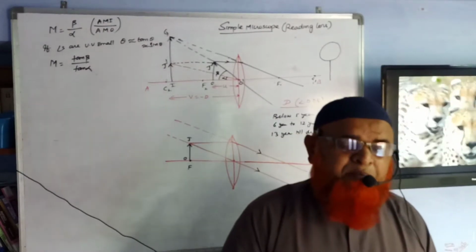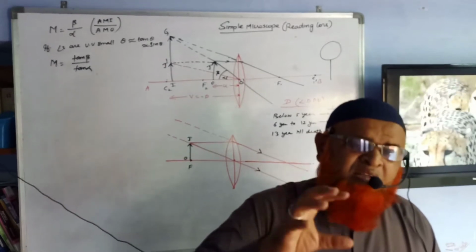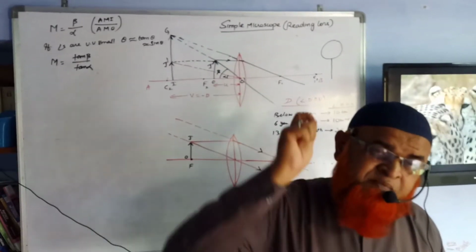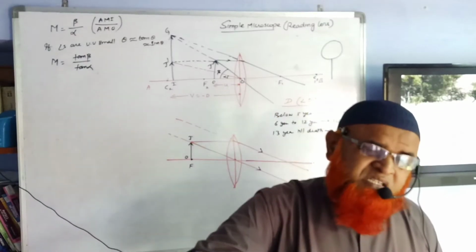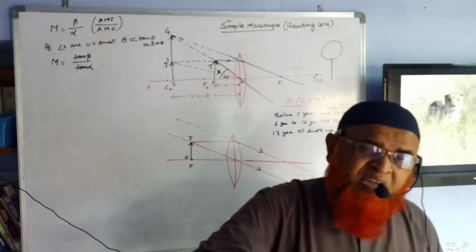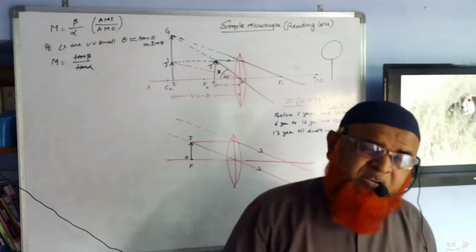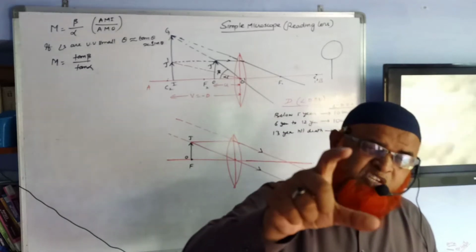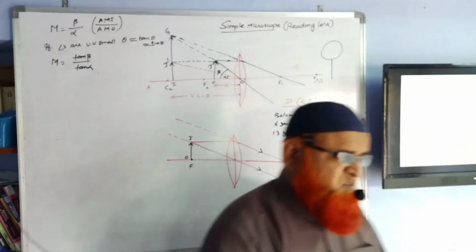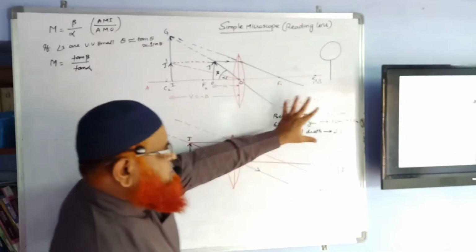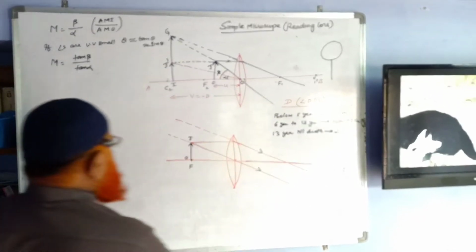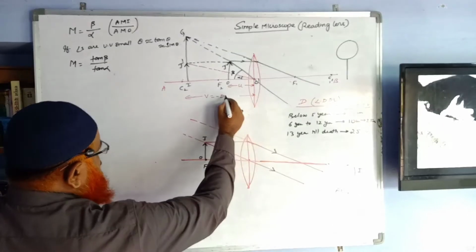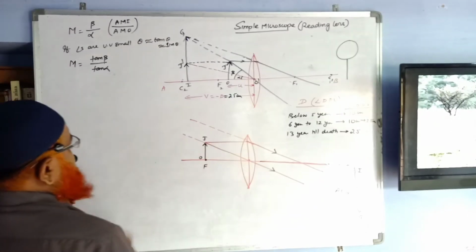And if he has a perfect vision without any defects like hypermetropia, myopia or presbyopia, then we can say he has a normal eye condition and doesn't have any sight problems. So he is said to have perfect vision if his least distance of distinct vision is 25 centimeters. That is the story of least distance of distinct vision. Now let us see what is going to happen here. The least distance of distinct vision in this case is going to be 25 centimeters.